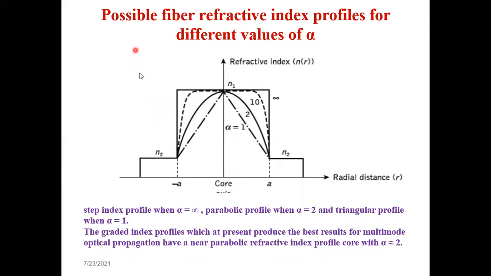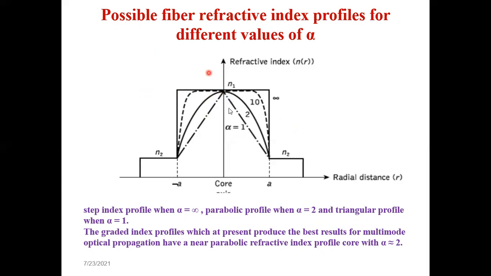So this question can be asked as a short question also. Draw the refractive index profile for various values of alpha. At that time you can draw this particular diagram. If a short note on multi-mode graded index fiber comes, at that time you have to draw this diagram, because otherwise you cannot explain how the grading is done, how my profile is done.